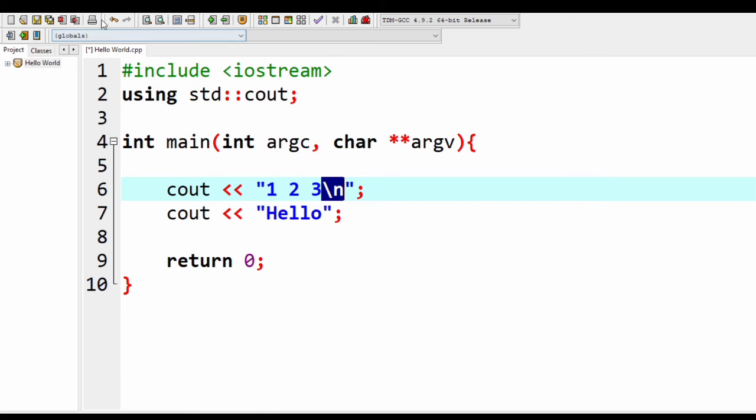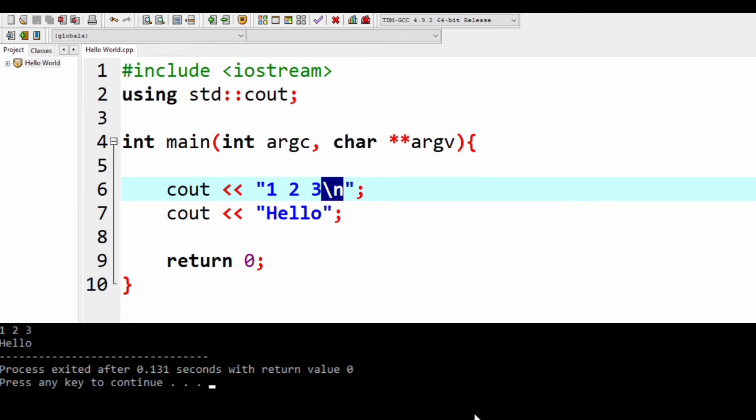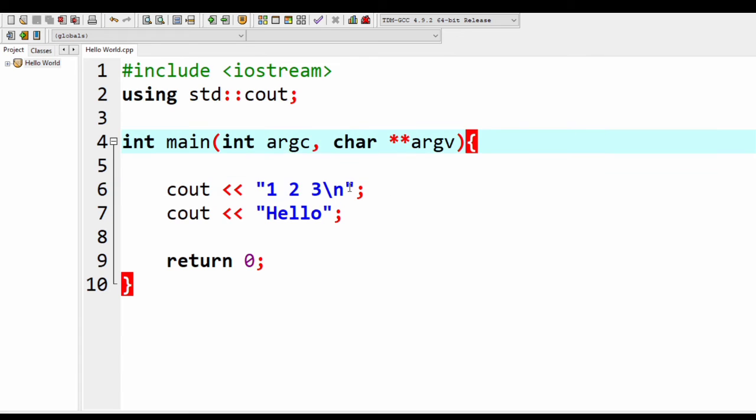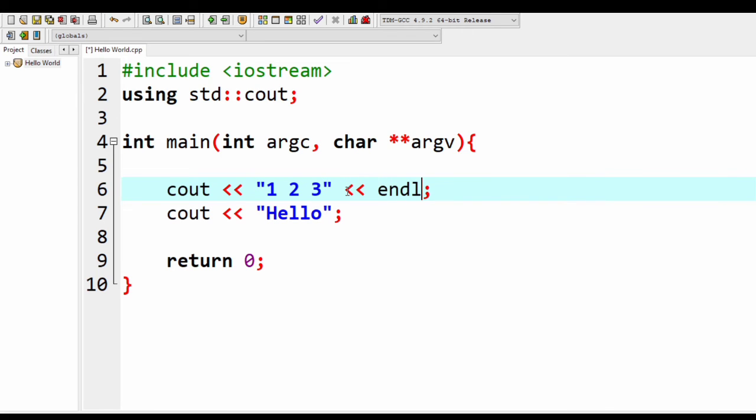If we compile and run this, we will see hello on the second line and not the first line anymore. Now, there is also the second method, which is using endl.